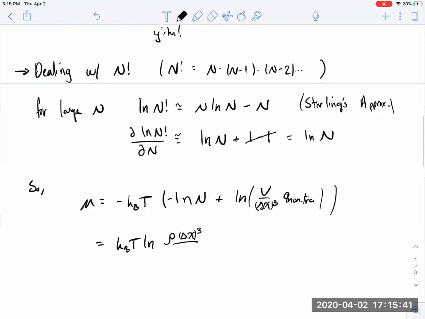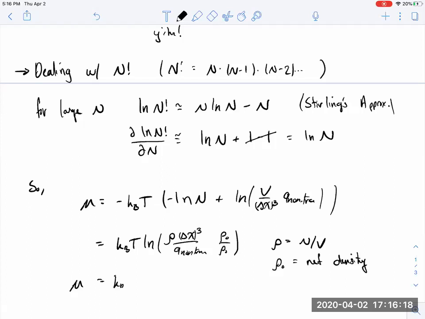Then I have the q non-translational left over, where the density is n over V, like usual. Now I can actually do one more thing. I can multiply top and bottom of the argument of this log by some reference density rho naught. And then if I do that, I can write the chemical potential down as kBT log rho over rho naught